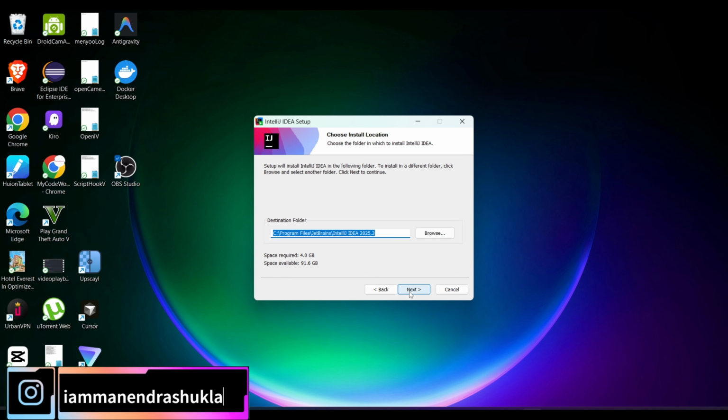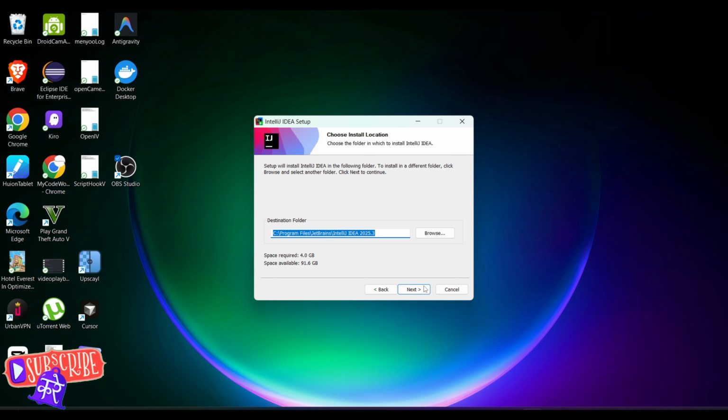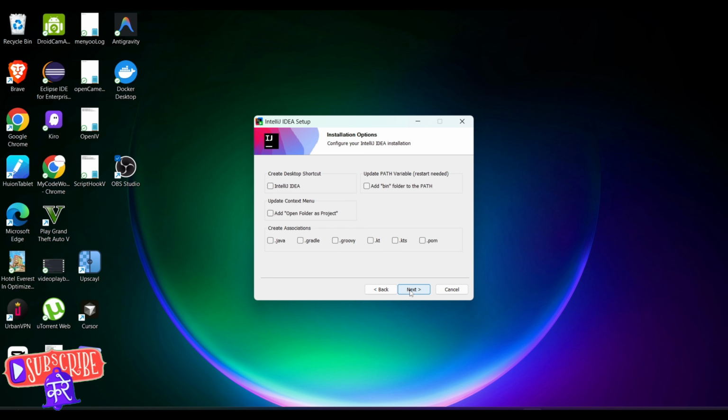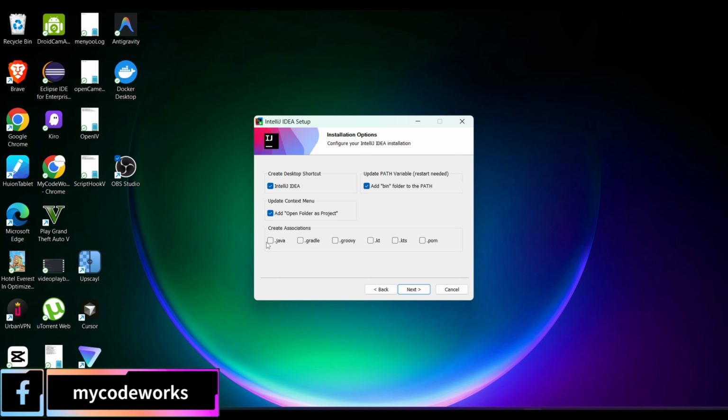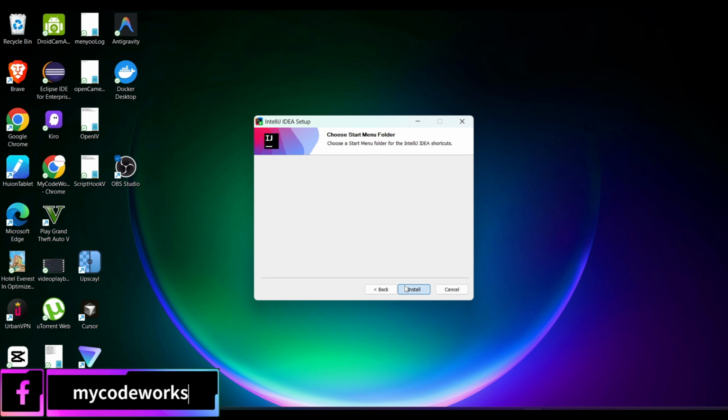Click next. It will take around 4 GB and it is going to install in C program files, JetBrains, IntelliJ, this one. And click next. So create desktop shortcut, click on this, and update PATH. Add open folder as project, context menu, associations .java, .pom. Remaining not needed as of now. Let's click on install and then